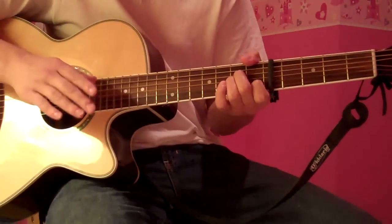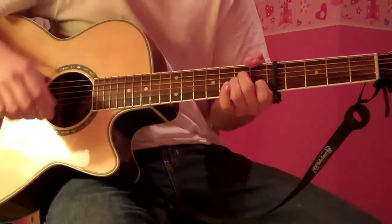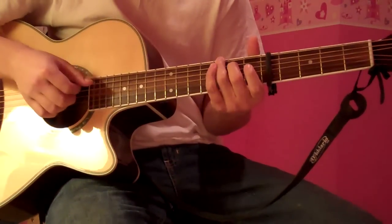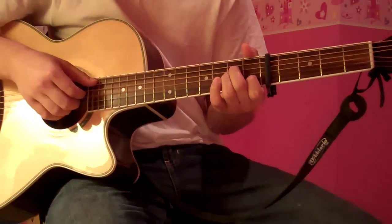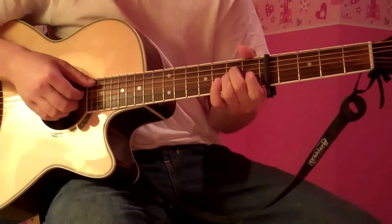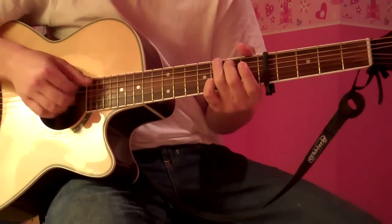From right there, the chords are the same throughout the song. Just what you play that. And he's just doing... And he's singing along, Gloria,